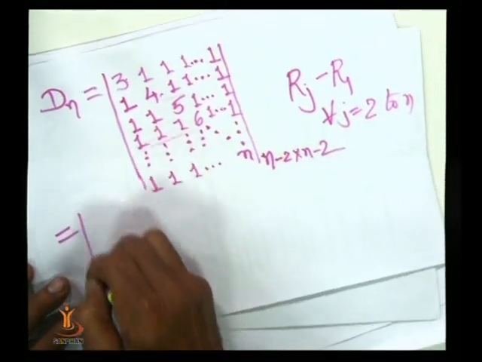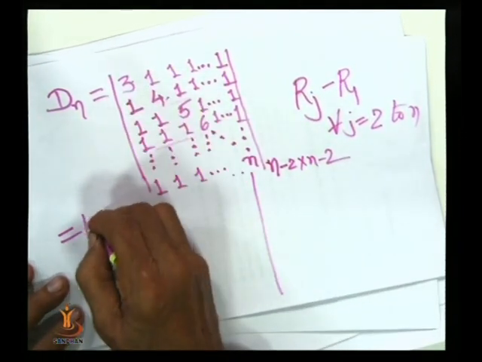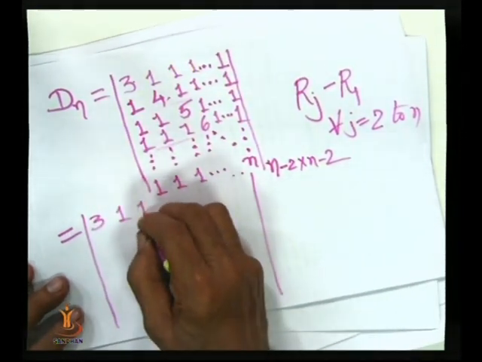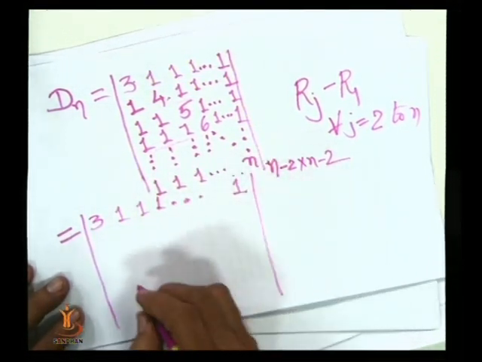Now, in that case, what happens? Now, the first row remains as it is. Now, the second row